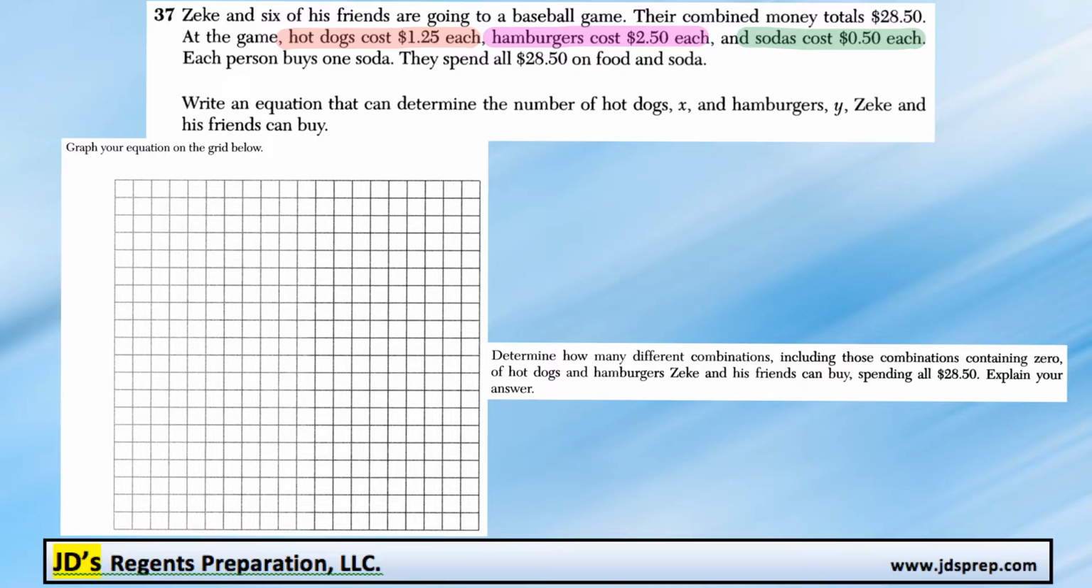First part, write an equation that can determine the number of hot dogs, x, and hamburgers, y, Zeke and his friends can buy. We know that each hot dog costs $1.25 each. So the first part is we're going to take $1.25 and multiply it by the number of hot dogs that they're buying, which is represented by the variable x. Similarly, we're going to do a similar thing with hamburgers, but this time they cost $2.50 each, so we'll do 2.5, no point writing the 0. And we're going to multiply it by how many hamburgers they're going to buy, which is represented by the variable